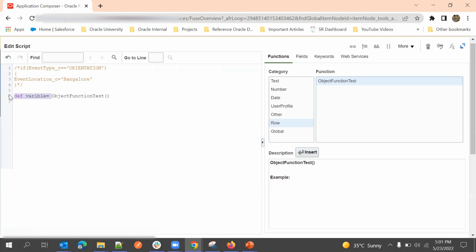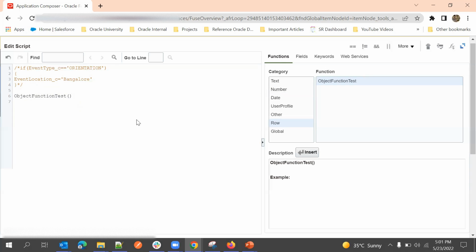But now this is a void, so I don't need to say anything. The same piece of code, right, that is inside of this object function. So we are just storing the same code in something else, and then we are calling that object function, that name,